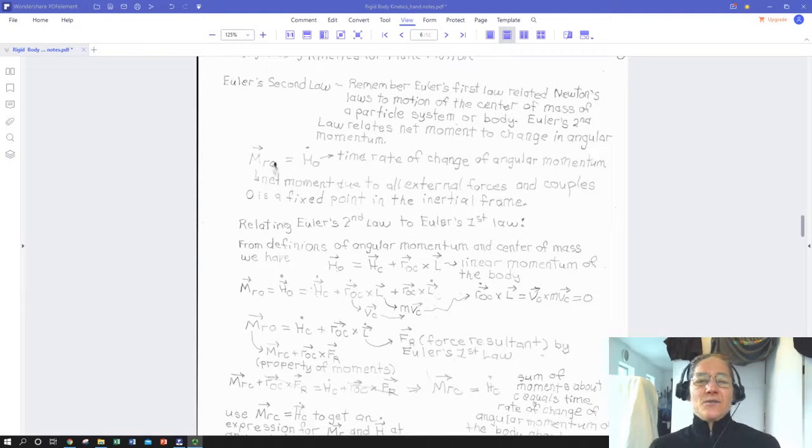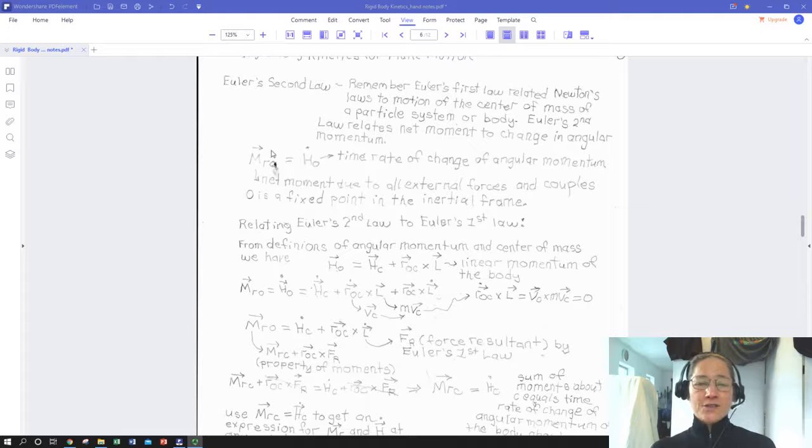So, we'll start with some definitions here, remembering we used Euler's first law to relate Newton's laws of motion to just the center of mass of a particle by integrating the mass and the velocity of that mass all over a rigid body, and then remembering that if it's a rigid body, the mass is the same. We later went on and said that same relationship would apply even to a non-rigid body. So now we're going to apply Euler's second law and look at our net moment, so our resultant moment, all the couples and all the forces acting at a radius from a given point, to the change in angular momentum,